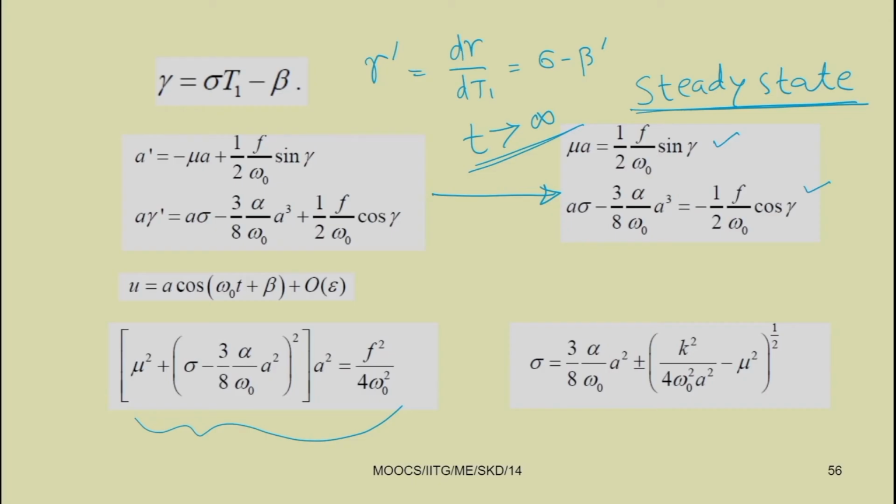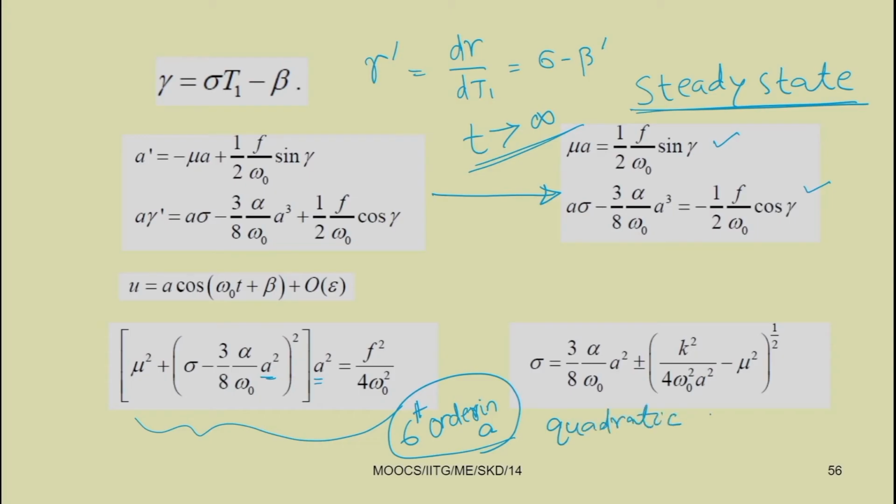So, you can see this equation is sixth order in a, so this is a to the power 6 term you will get. So, a square whole square gives a to the power 4, outside we have one a square. So, a to the power 6. So, this equation is sixth order in A, but quadratic in